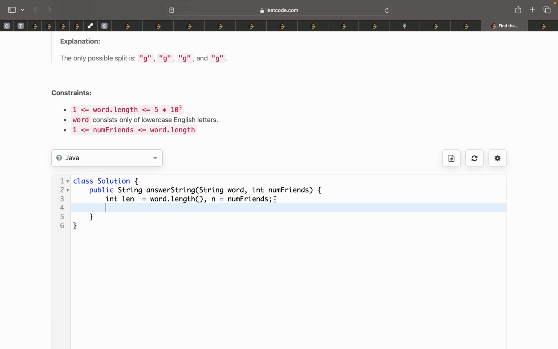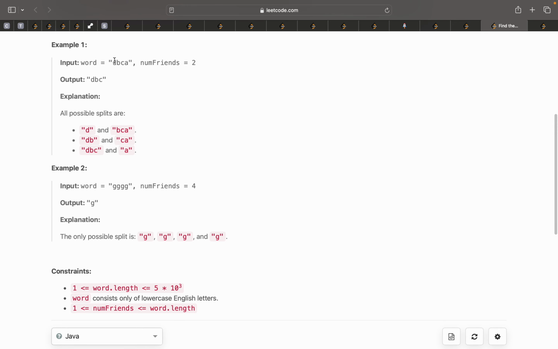So what we can do is I think we can have n minus 1 strings with length 1, and we can look up the maximum lexicographically larger string whose length will be this length minus n minus 1. For example, here